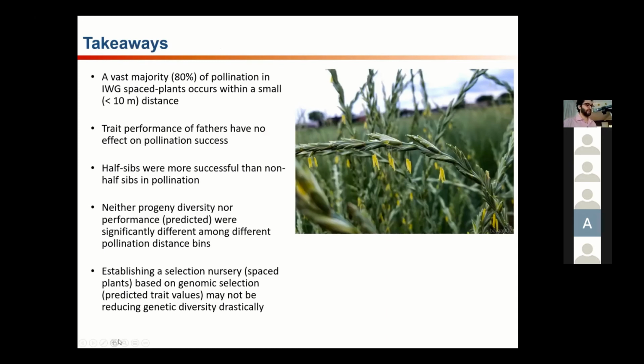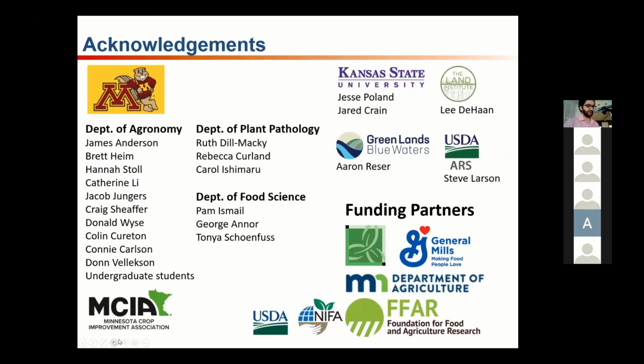And the biggest takeaway is that our current method of using genomic selection and selecting progeny the way we do, I think we can go on doing that for quite a while, because it has no apparent effect on reducing genetic diversity. So with that, I'd like to end by acknowledging a bunch of people, a lot of